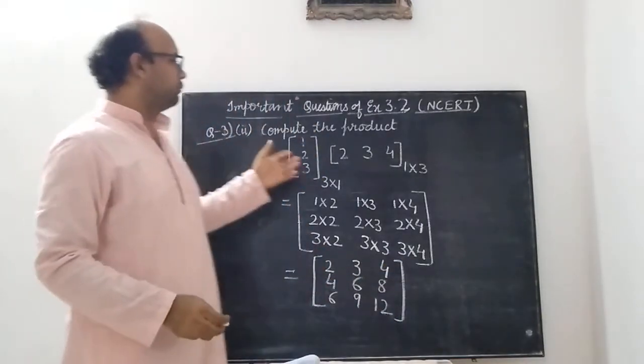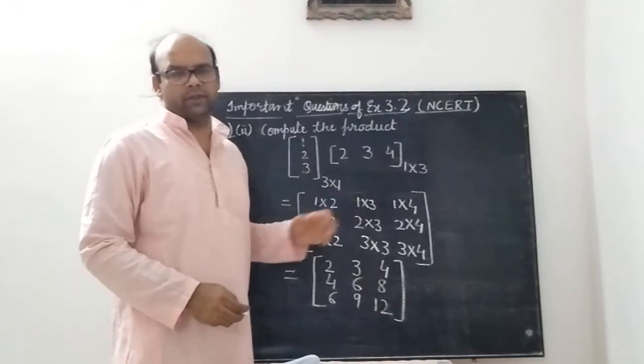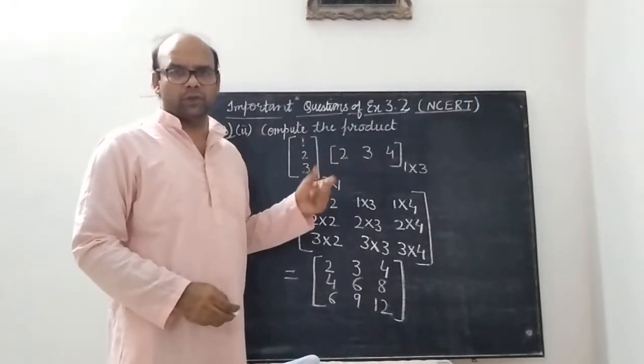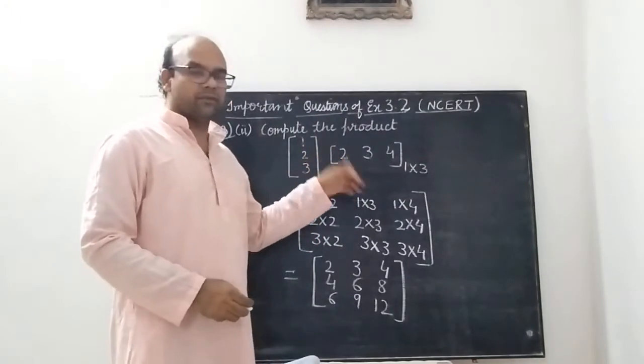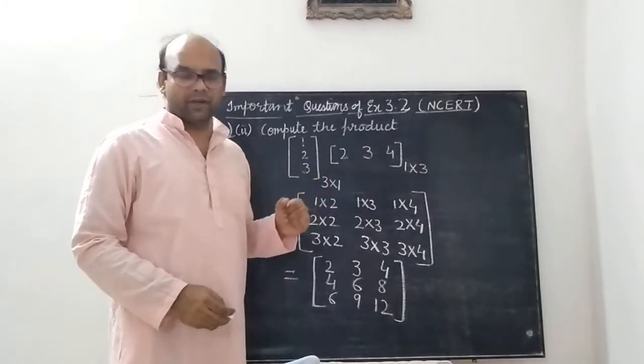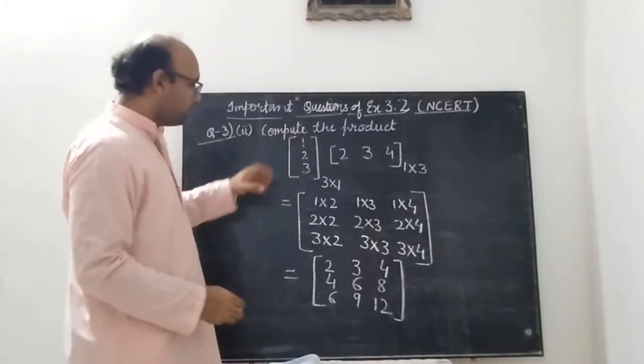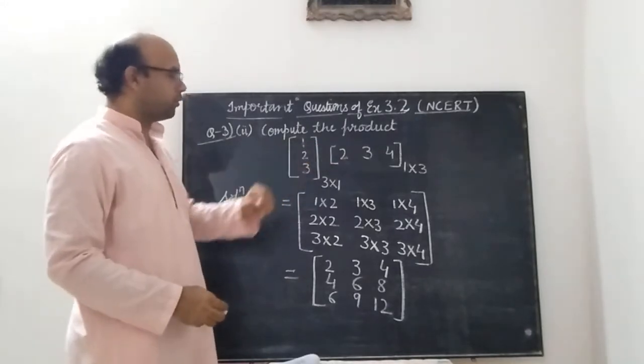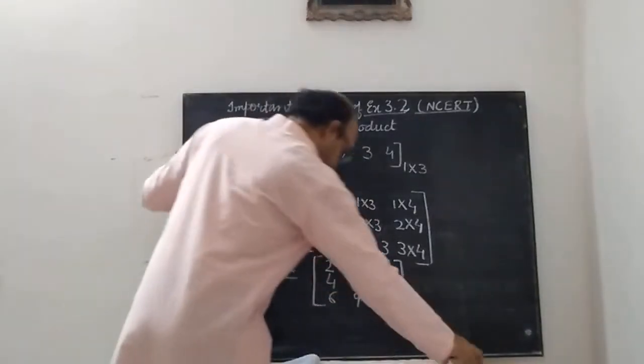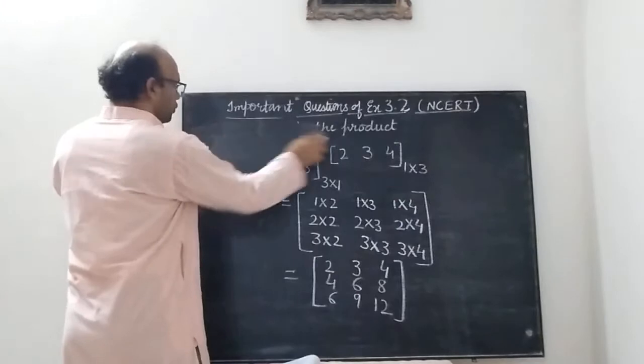One of the mistakes students make in the paper is that they do not pay attention to the order and sometimes write it as a 1 cross 1 matrix. So we have to be careful in finding the product in these types of matrices. Now we move on to